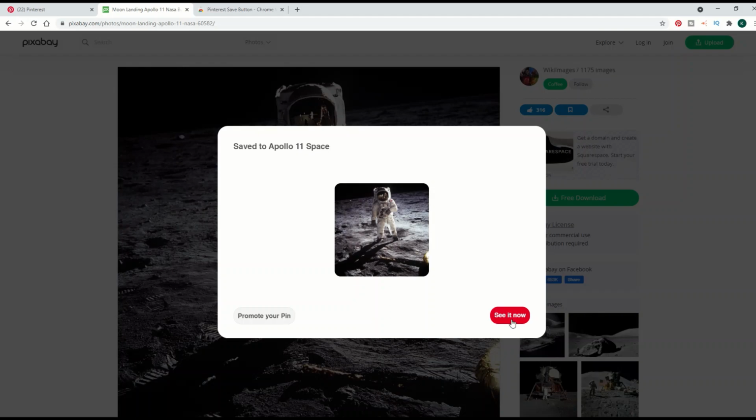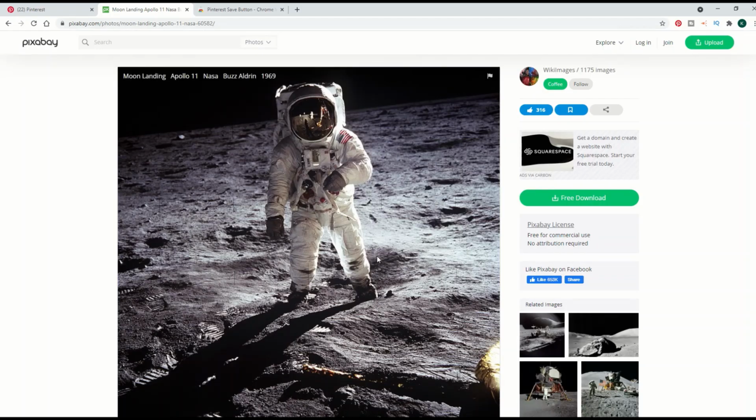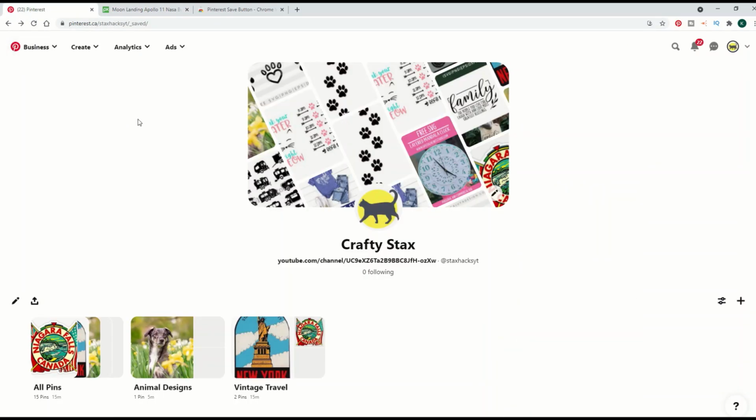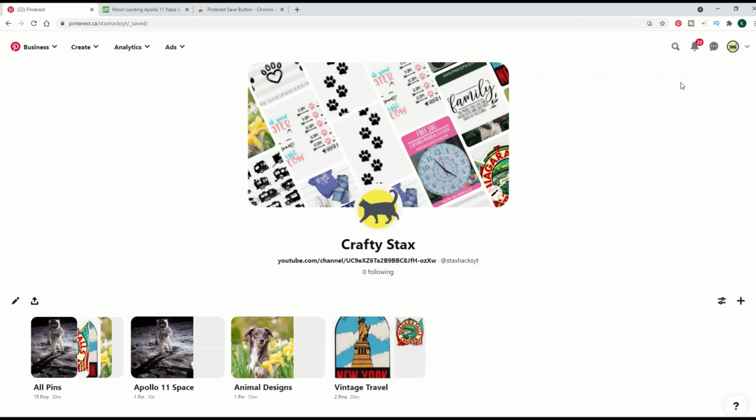So I can click the little see it now button, and it'll go to my Pinterest page, and that will show me what it looks like. I'll actually just update my Pinterest page here to show you. So here we can see I've got a pin down below, and it's my Apollo 11 space pin. Now when I click on it,